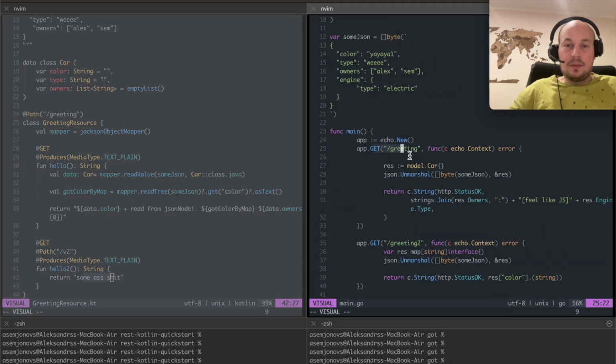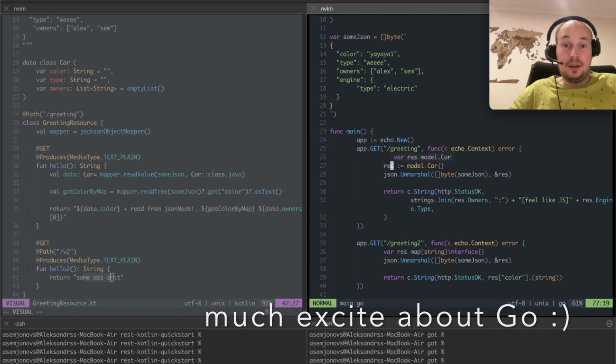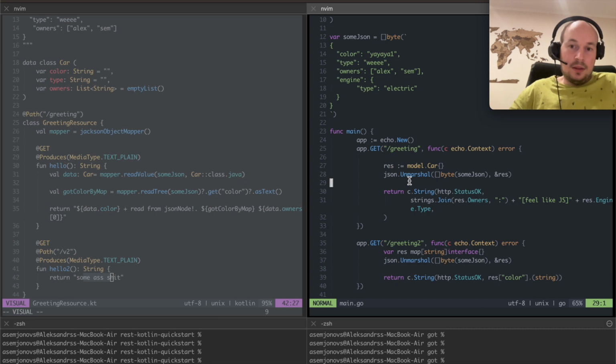So for Go, when I also read almost the same data structure, I read that into a resource. That resource happens to be a car struct. Unmarshal it, blah, blah, blah. I don't check for errors ever because that's something for QA to find out if there's an error. And of course, the endpoint is returning a collection of strings, blah, blah, blah.